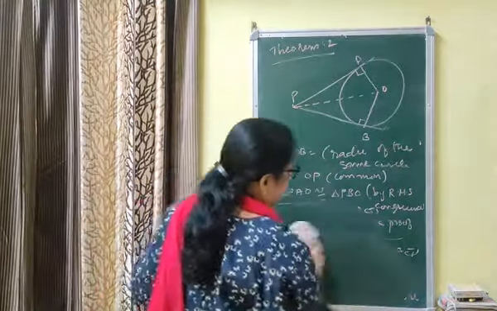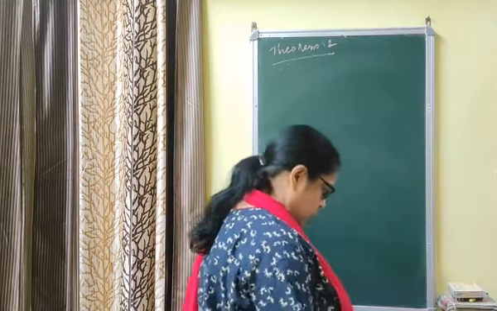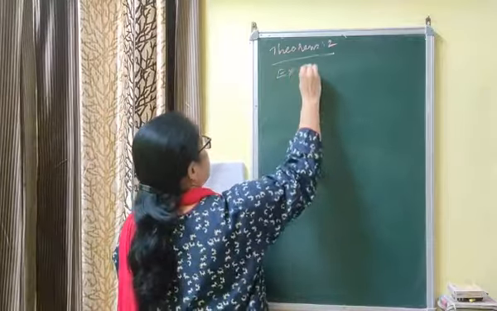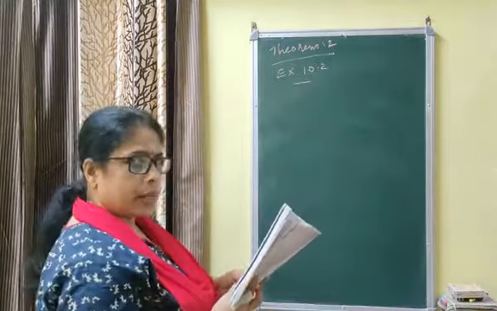Now let us start questions one by one. First question I am doing. All the solved examples also you have to do. That is very important. First question, exercise 10.2. Solved examples we will do afterwards. Exercise 10.2, I am reading the question. This is MCQ. That is why I am again emphasizing MCQ questions must be known. From a point Q, the length of tangent to a circle is 24 cm and the distance of Q from the center is 25 cm. The radius of the circle is.